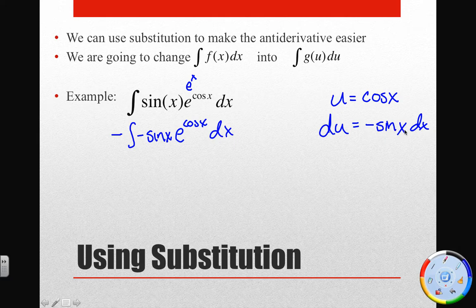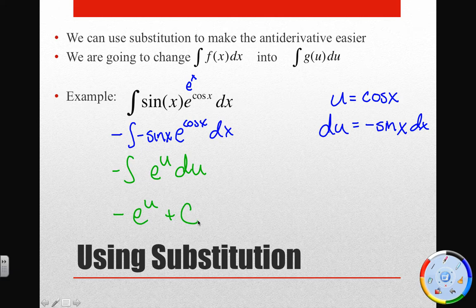Well, negative sine x dx is the same thing as du. So I'm going to change this to negative integral of, well, if I said cosine of x is u, I can say this is e to the u du, because negative sine x dx is du. Well, now this is super, super simple. I can say it's negative. The antiderivative of e to the u is e to the u